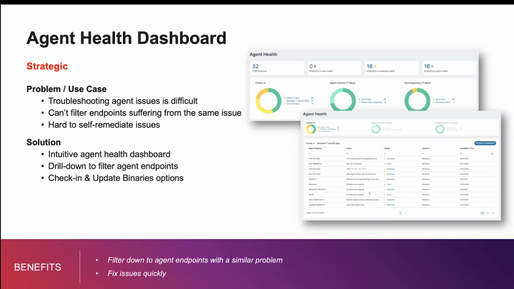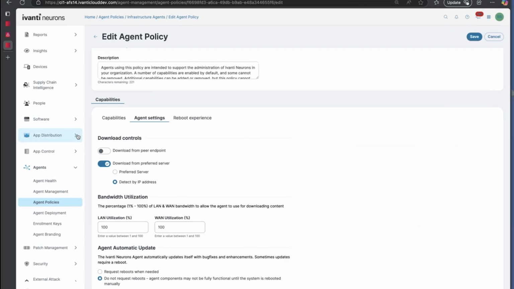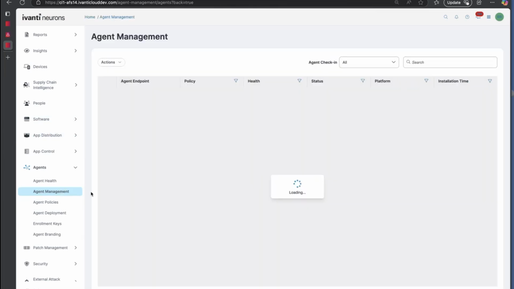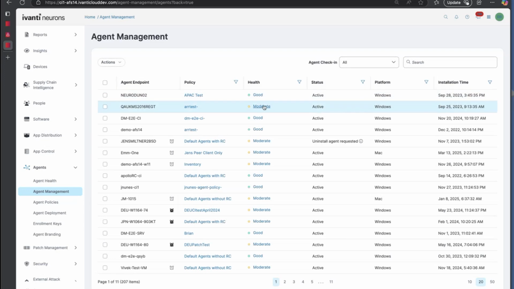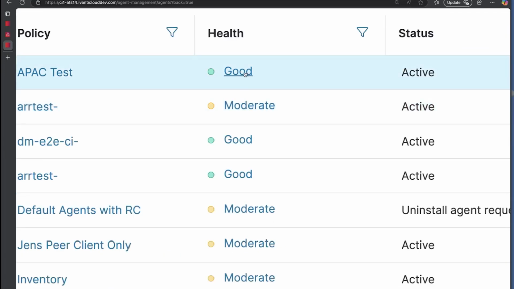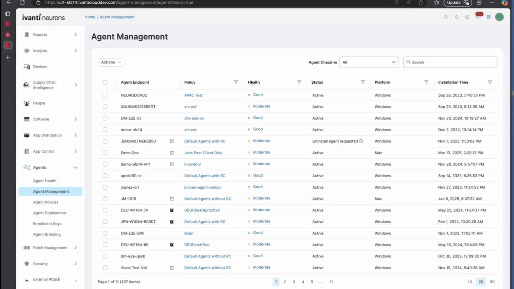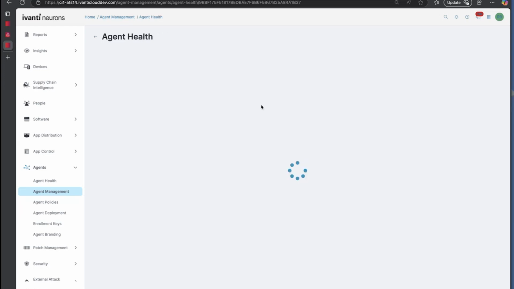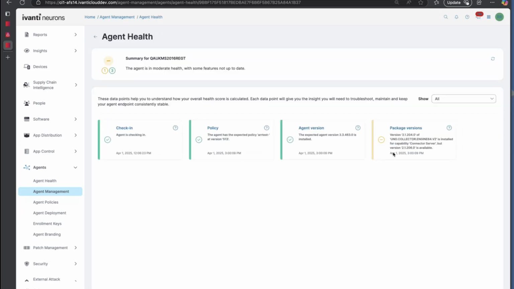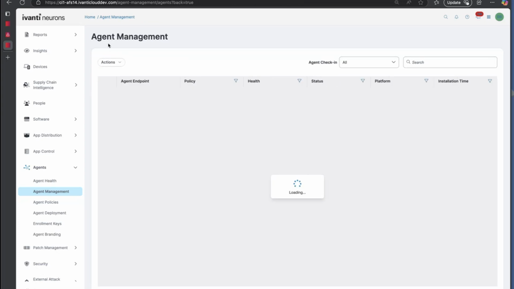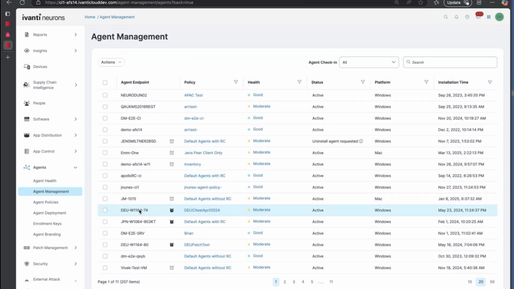So the next thing to talk about is agent health. Of course, we introduced the V1 of agent health. Just as a recap, if I go into agent management, we introduced last quarter the ability to understand agent health on the per device level. So I can go in and understand the manageability, any issues with those devices, which has been well received. Now the challenge with this is, if I've got thousands of devices and maybe I want to go and investigate a number of those,